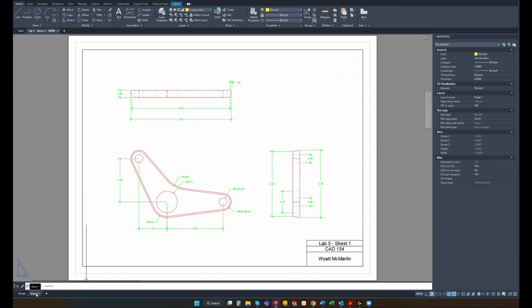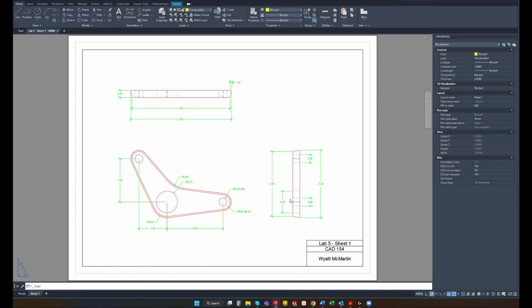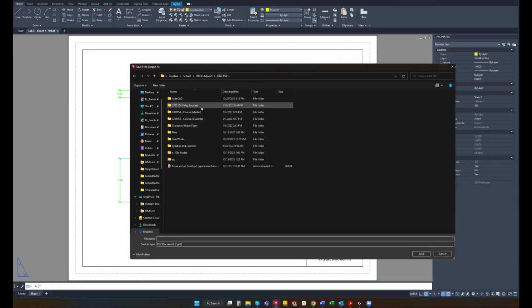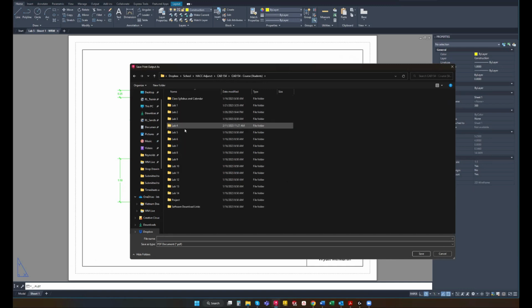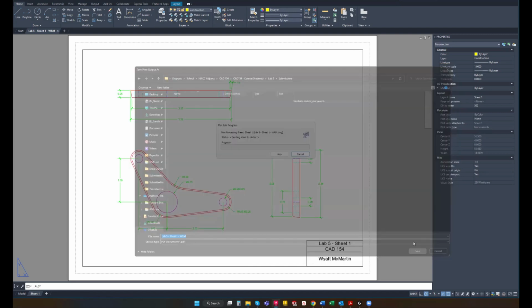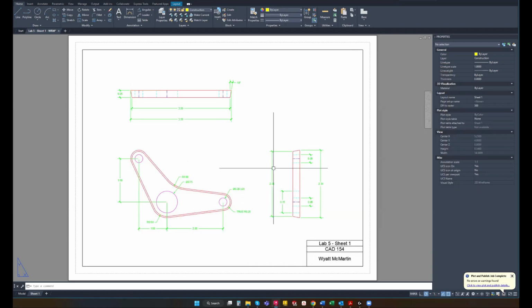And with that, right click on sheet 1, plot. Page setup is the title block as usual. Click OK. And as usual, we are going to be saving that to your Lab 154 course folder under Lab 5 submissions. And the title, as per usual, is going to be Lab 5, sheet 1, and your initials. And with that, save, and the PDF that you create is what you're going to submit to the Lab 5 Dropbox. And that is